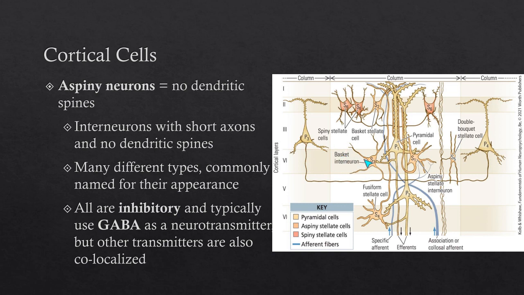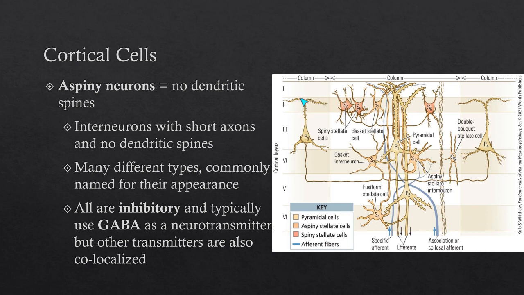So we've got a basket interneuron here. It's a type of aspiny neuron, and they're basket shaped. We've also got other types here, double bouquet aspiny neurons. I guess they kind of look like two bouquets of flowers pointing in opposite directions. These neurons have a lot of different names, mostly based on what anatomists think they look like. So, many different types, commonly named for their appearance, but the key thing is that they don't have these